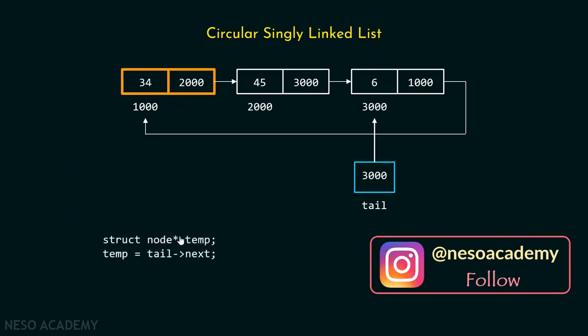For this purpose, I'll keep a temp pointer which must point to the first node of this list. That's why I'm writing these two lines of code. That is, struct node *temp, which will declare a temp pointer. And then after that, temp = tail->next, which will update temp with the address of the first node. That is why you can see over here the temp is pointing to the first node of this